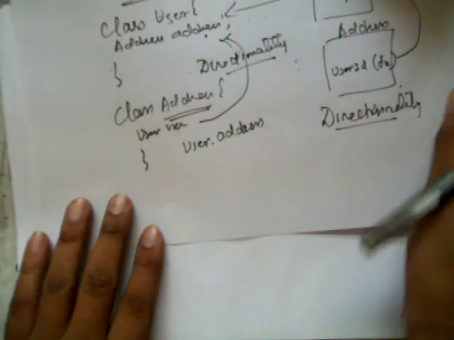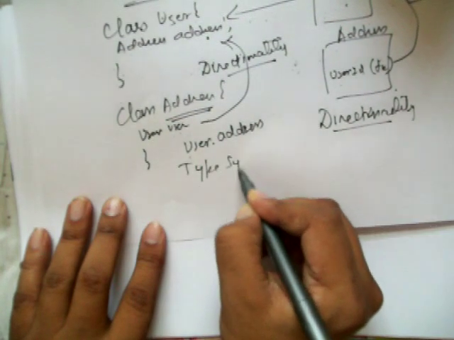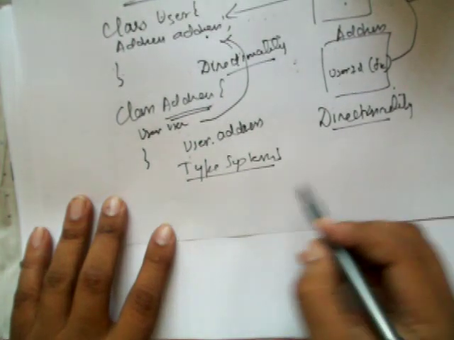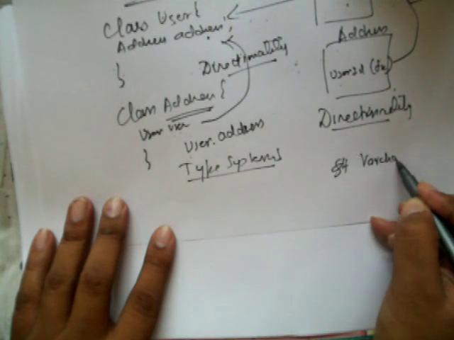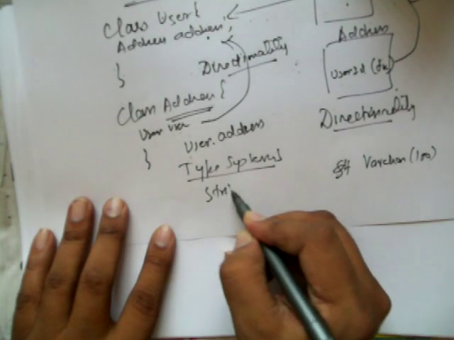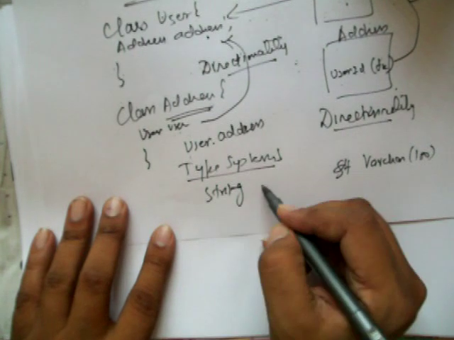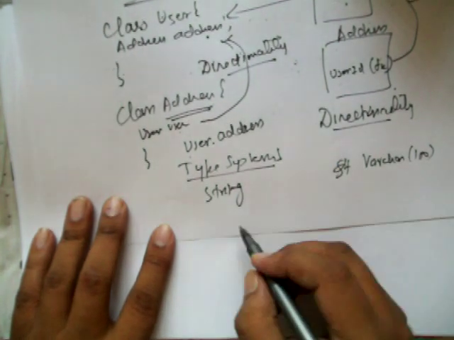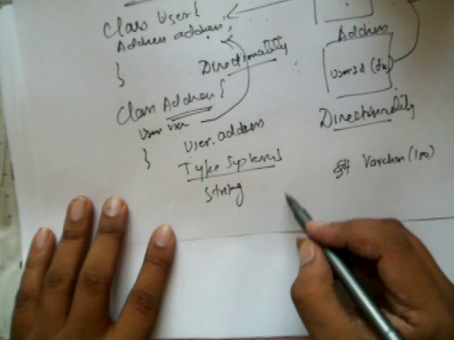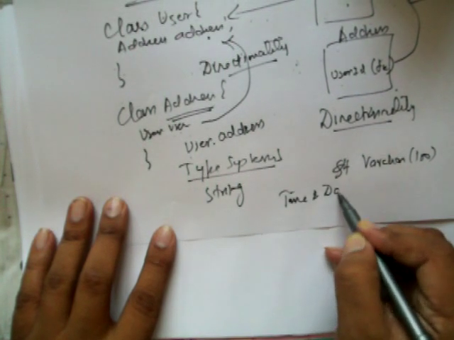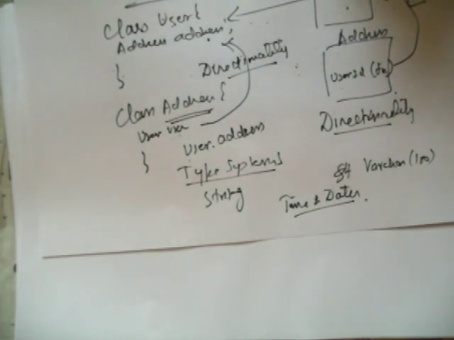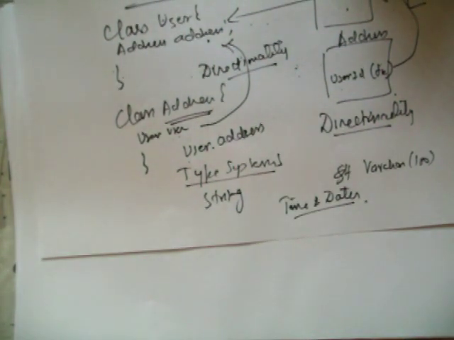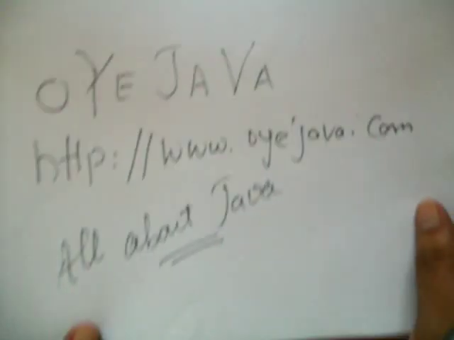Then the last one is the type systems. The type systems in the relational world and the Java world are quite different. For example, in the relational world you might have a varchar 100, but here it is represented by a string, whose size is basically limited only by the memory allocated to it. Similarly, there are mismatches between how you map your times and dates. So these are the mismatches that need to be taken care of, some of the conceptual differences between the object world and the relational world.